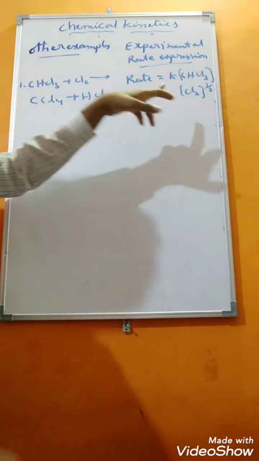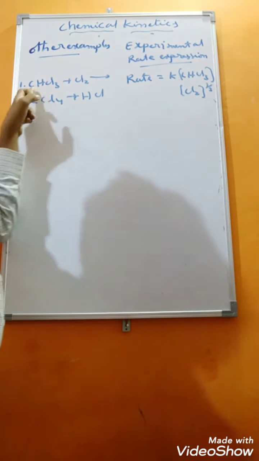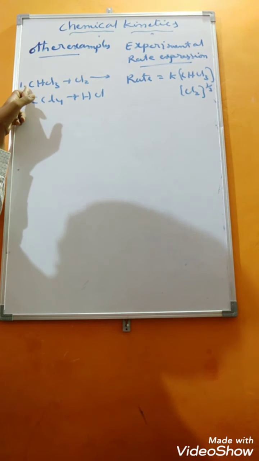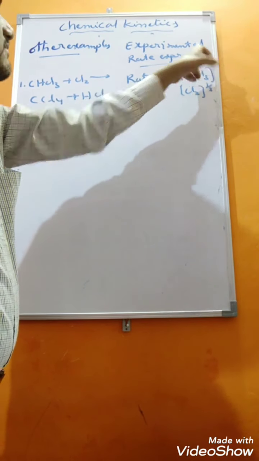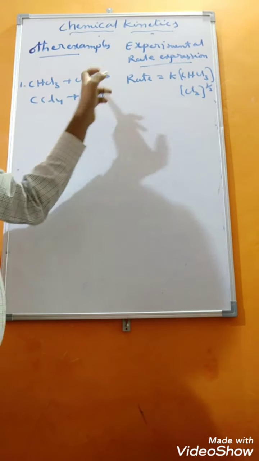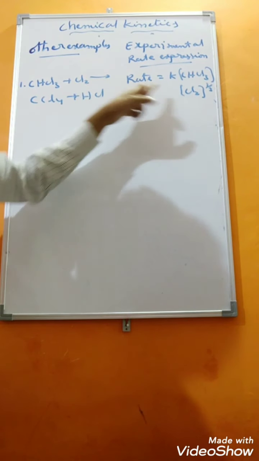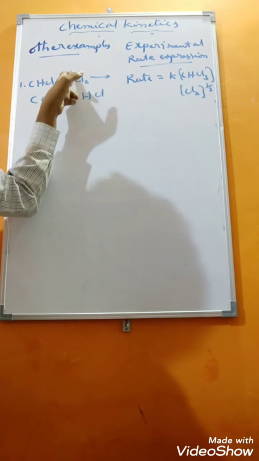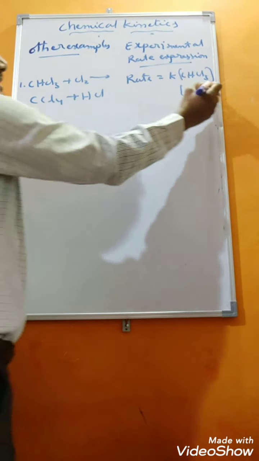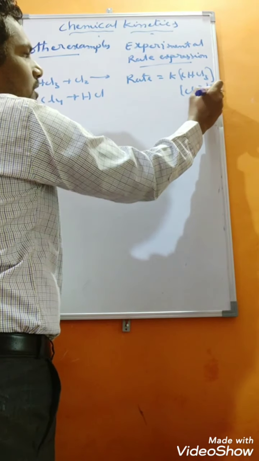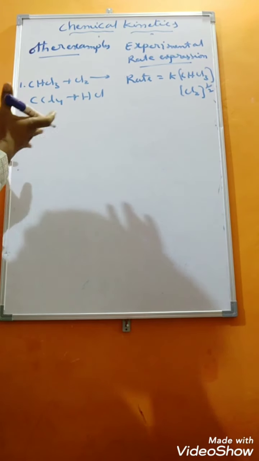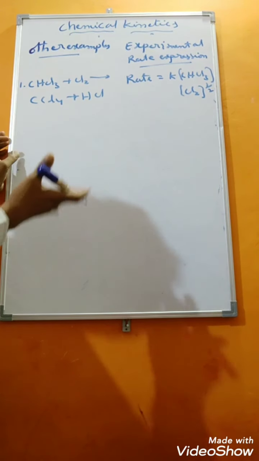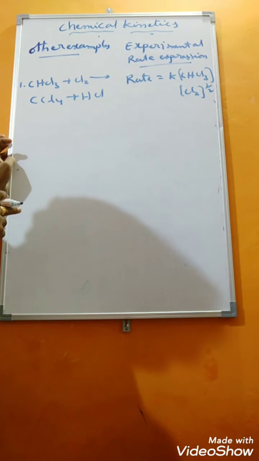See that here. What is the stoichiometric coefficient of CHCl3? 1. Nothing is there means 1. In the expression also you got 1. Yes, this equals the balanced equation. But in the place of Cl2, the coefficient is how much? 1. Here how much have we got? 1/2. How is that? By taking experimental data, like in the previous example, we need to take it and solve. Got it, students?